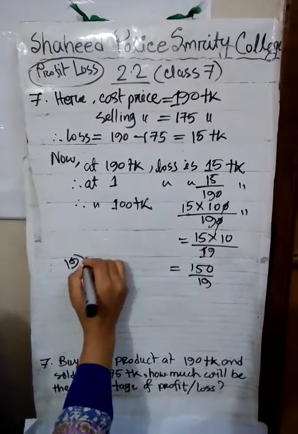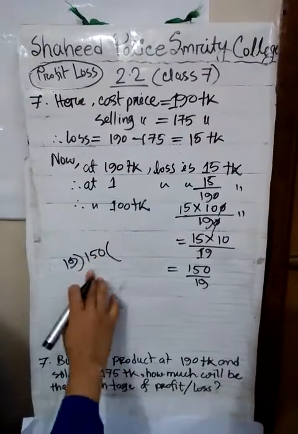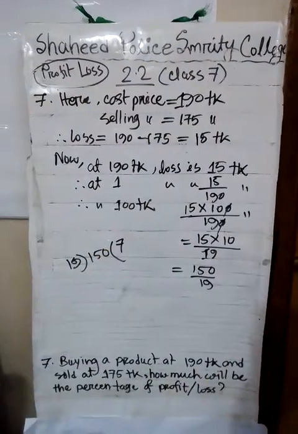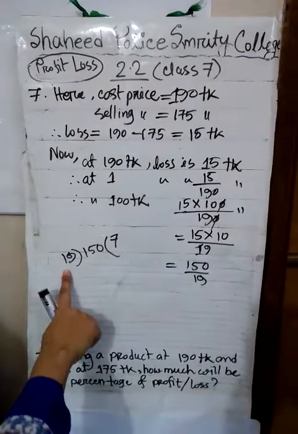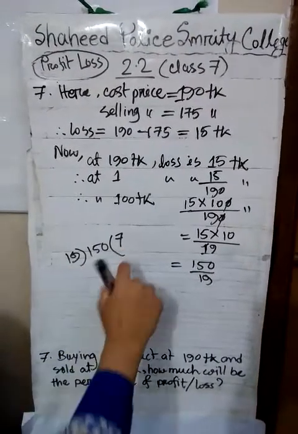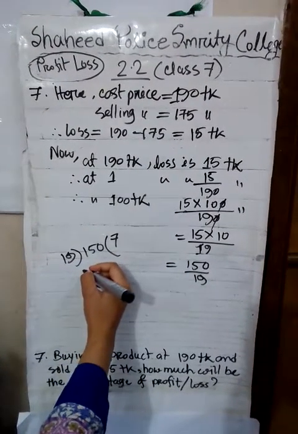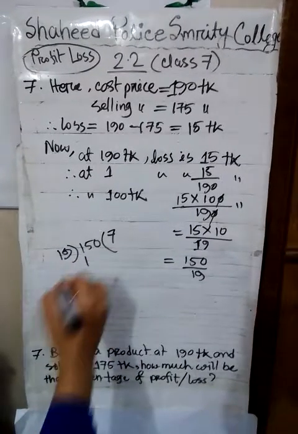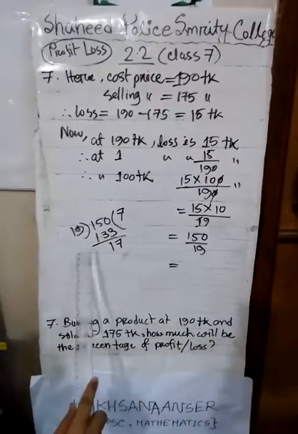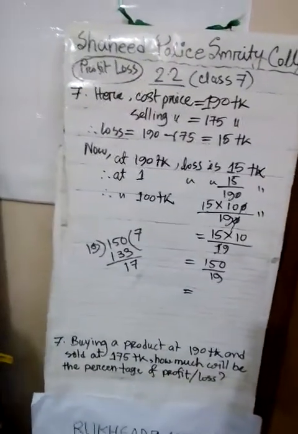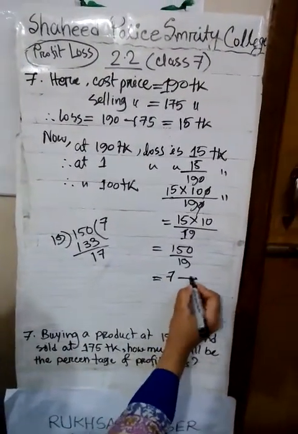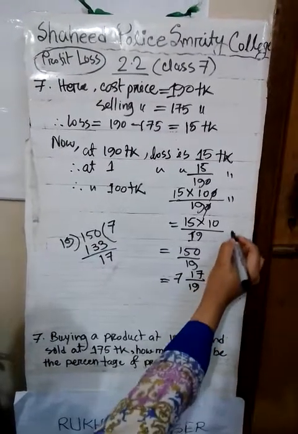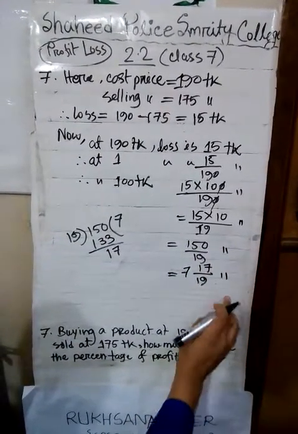So we have to divide 150 by 19. If we multiply 19 by 7, then it will be 133, so the calculation was 17 upon 19. Here the unit was taka,